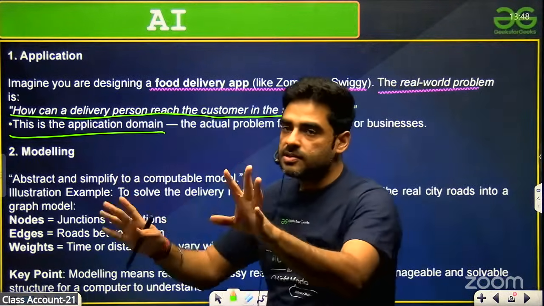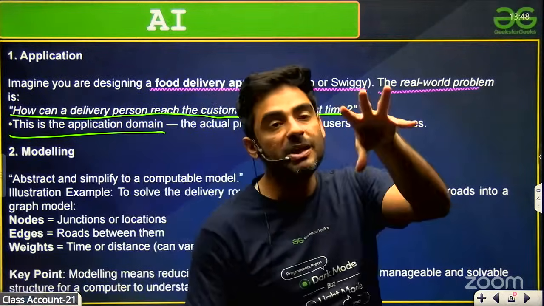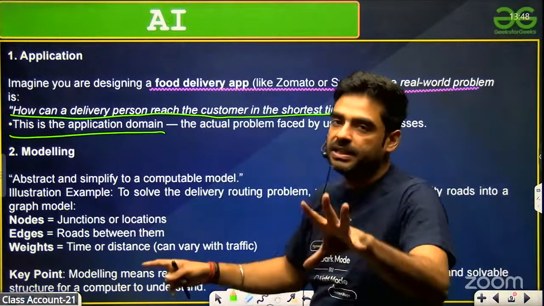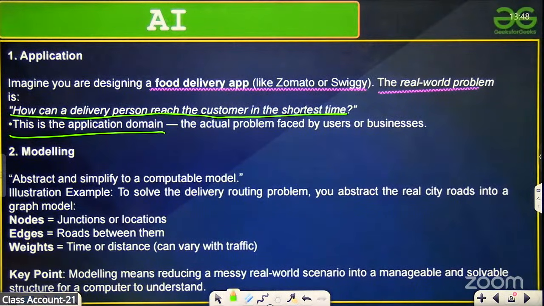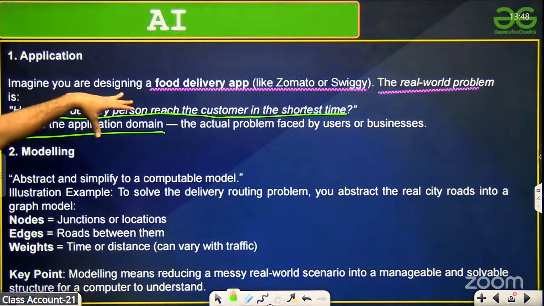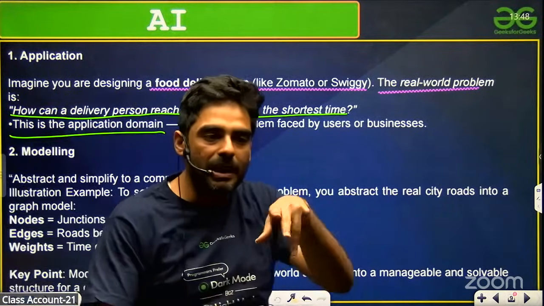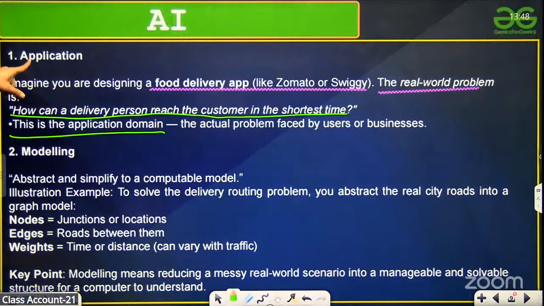See, this is a theoretical subject. You have to maintain patience. Guys, I request everyone to be with me in the class. It is a bit of a theoretical subject, you will have to maintain patience, okay? So what is the real world problem? Application says the real world problem. Now like in Zomato, you have to deliver in the shortest time, so that is the application. Now comes the matter of modeling.